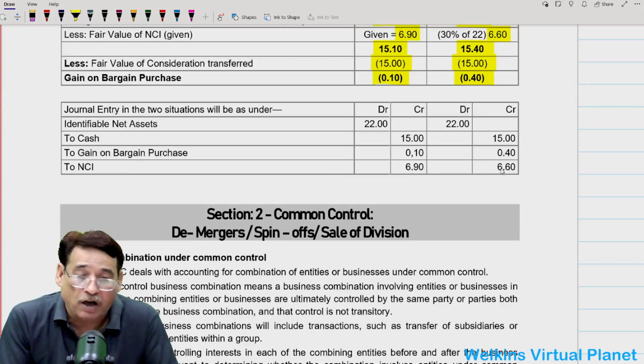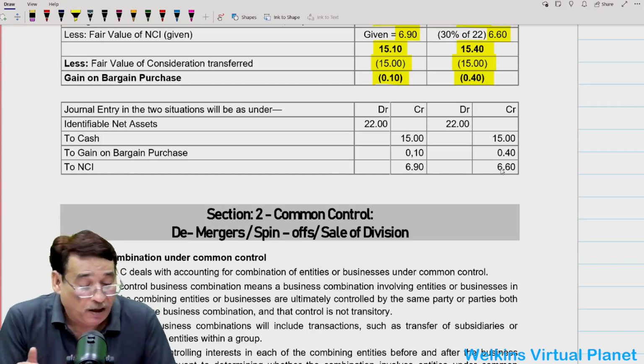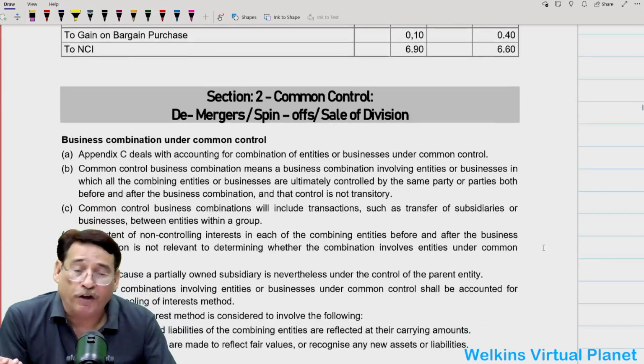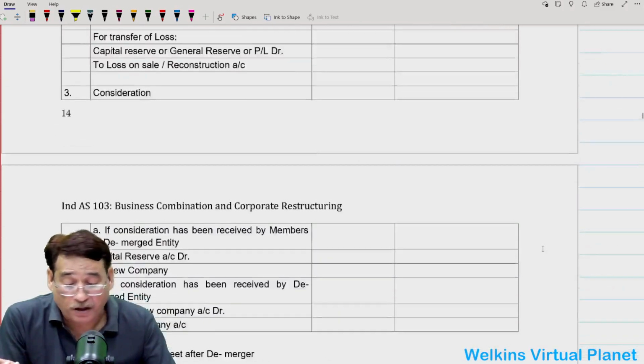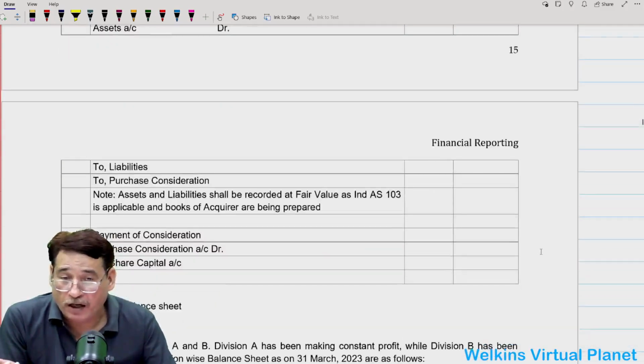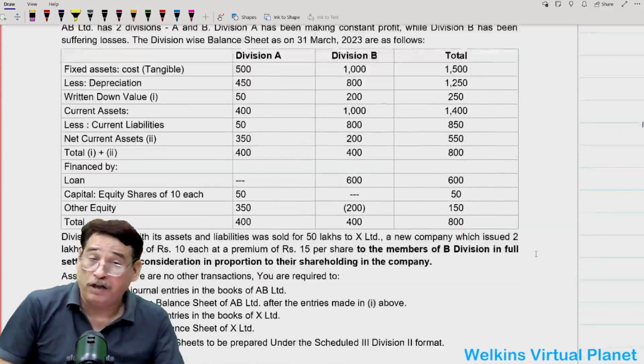So in this way, we have come to the end of section 1. In the next section, we will take a very heavy topic, that is common control topic. And this topic is very, very important, formidable and interesting at the same time, and very vital from the examination